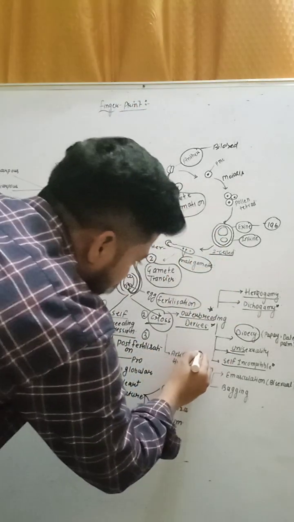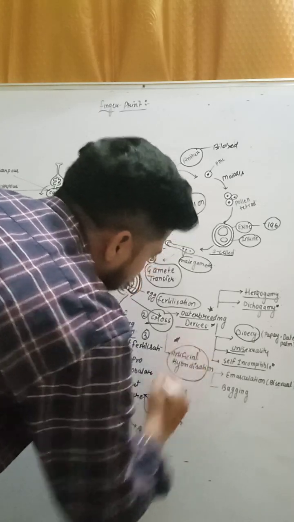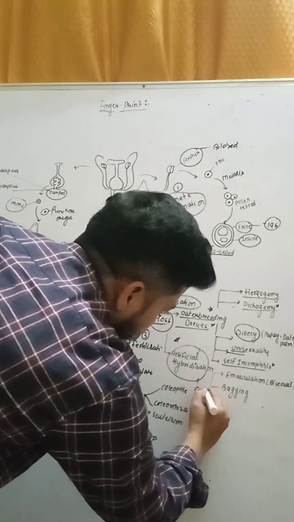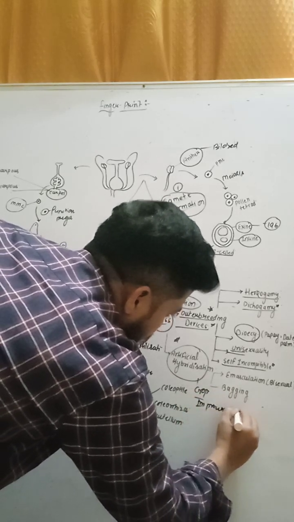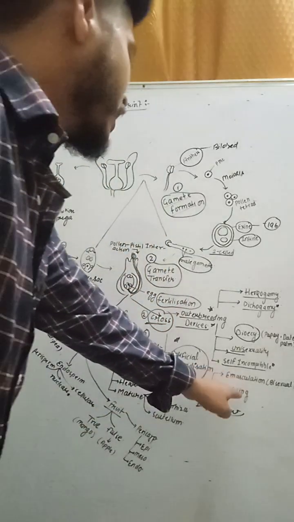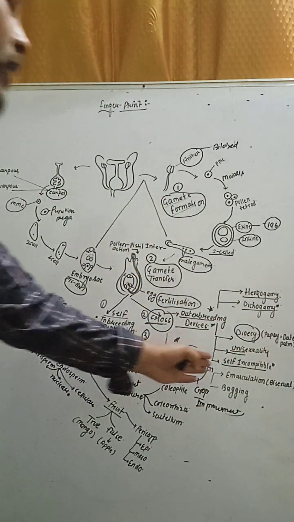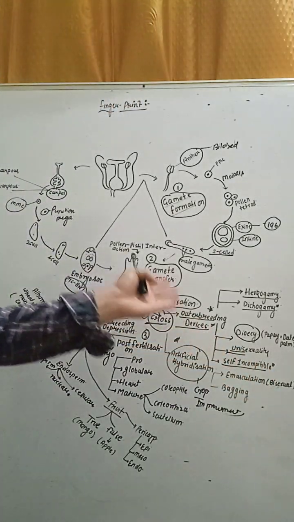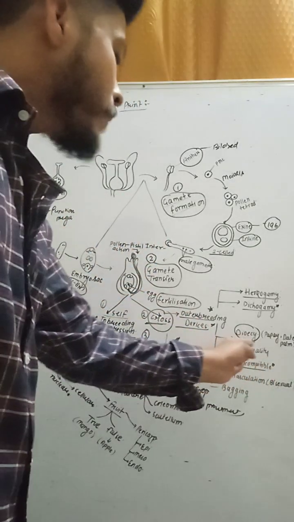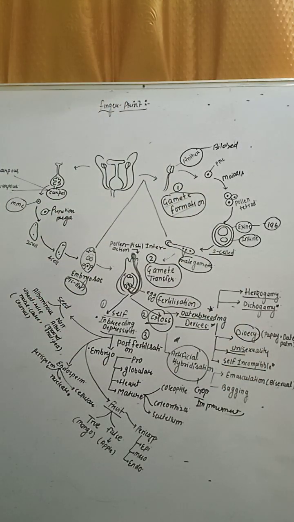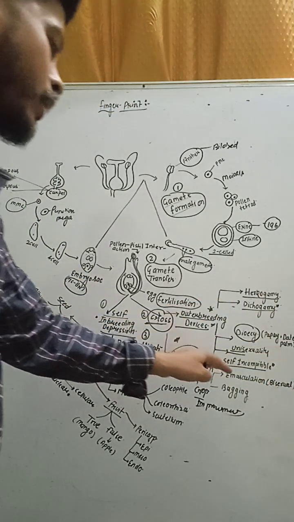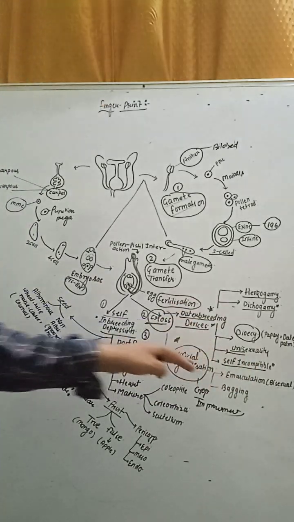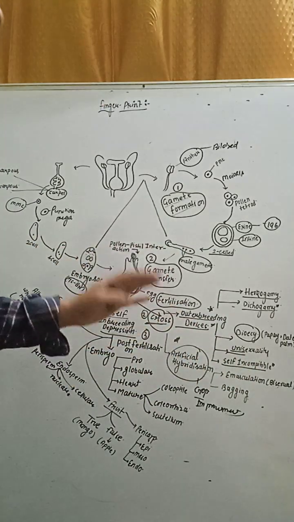Next beta, artificial hybridization. This method is also used for crop improvement. Very important for crop improvement. It involves emasculation and bagging. Two steps are there. Emasculation is used for the bisexual flower in which male and female parts both are present. You have to remove the male part of the flower. So male part को आपको remove कर देना है, anther को remove कर देना है by using forceps. That is emasculation.